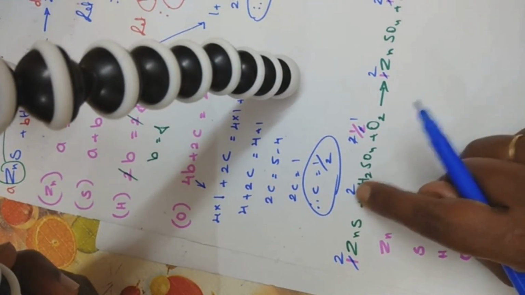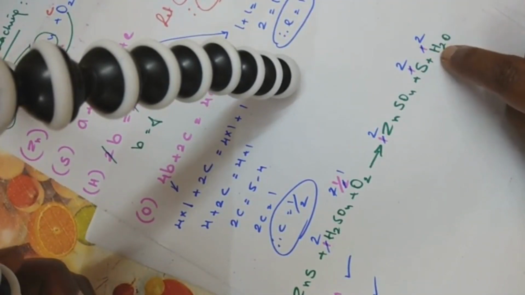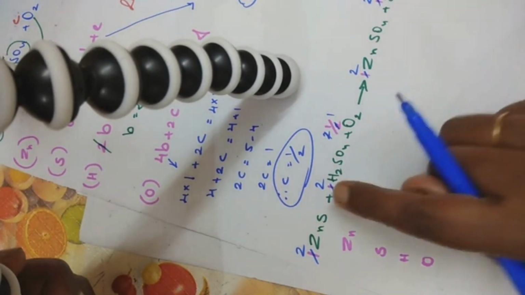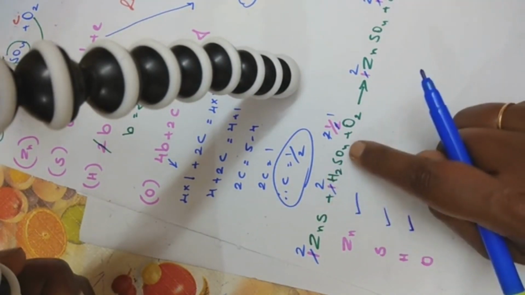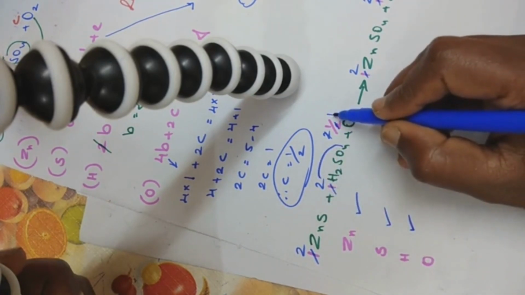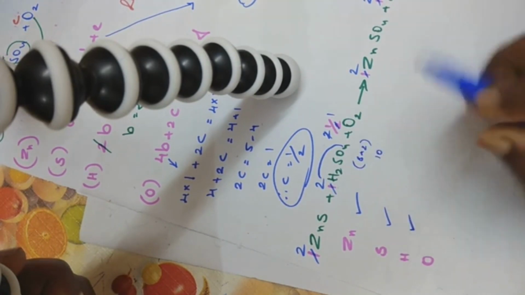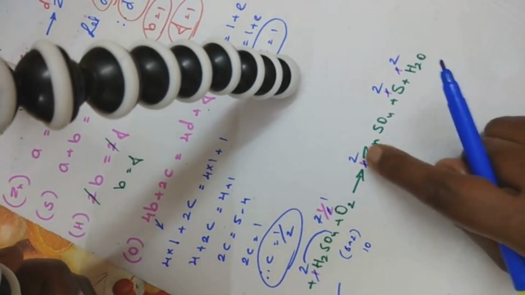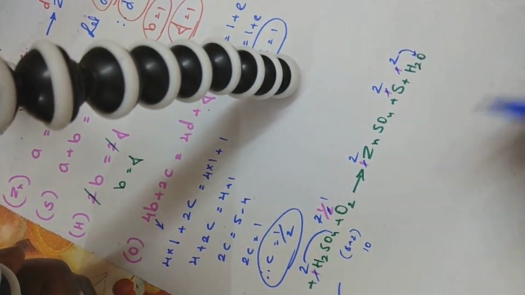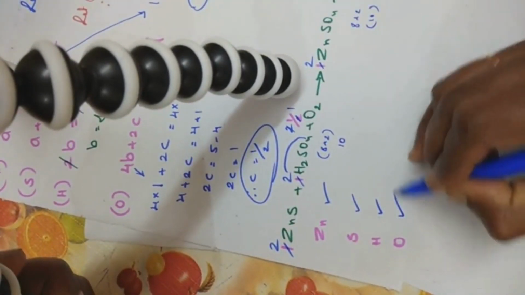Look at hydrogen. 2 2s are 4 hydrogen. Here I've got a 2, so 2 2s are 4. Again, hydrogen is balanced. Coming back to oxygen: I've got here 2, so 2 4s are 8. Now I've got only 1, so 1 2s are 2. So 8 plus 2 together is 10 oxygen atoms. Look on the other side: 4 2s are 8, and this 2 is common also for this oxygen, so 8 plus 2 is equal to 10. So oxygen is also balanced.